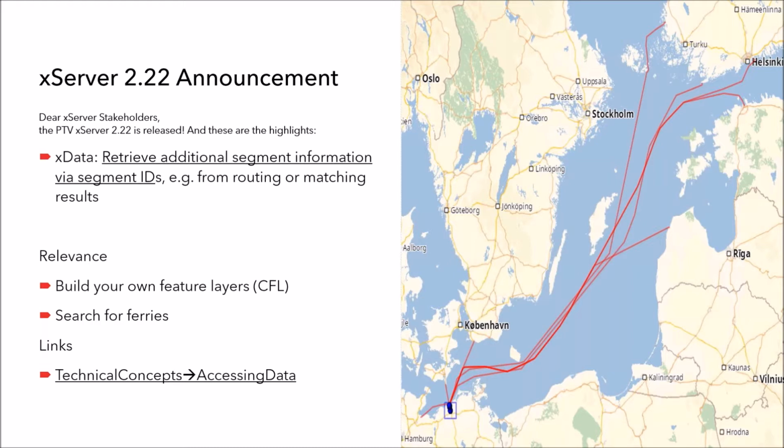For that, it is relevant that you can gather information about segments based on different selection criteria. Some criteria are just geographic based. You want to look for segments near a specific coordinate. That was already possible in the past. And the new feature now is, if we look into this,